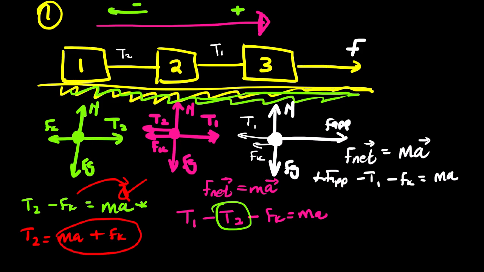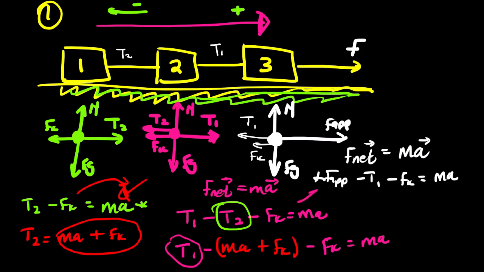Then our new equation will be T1 minus Ma, remember inside the bracket, plus Fk. Then we have minus Fk is equals to Ma. So you can see this, and then if we make this the subject of the formula, then where we see T1 in this equation,